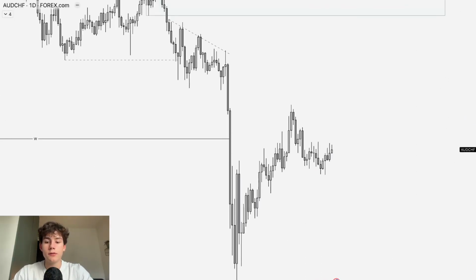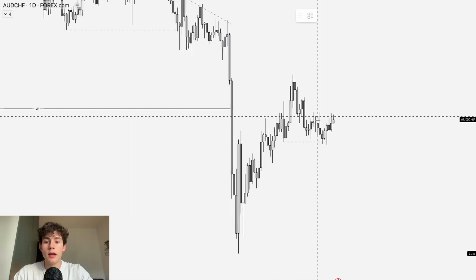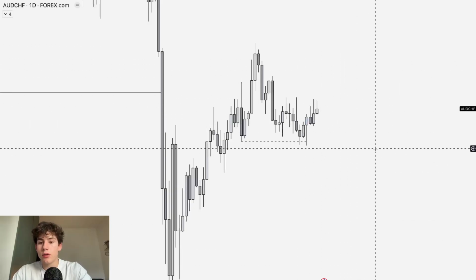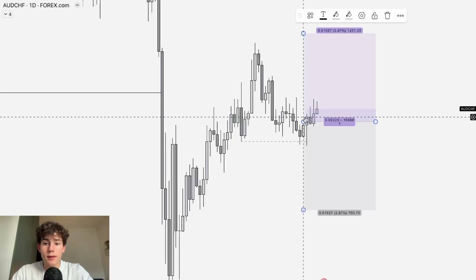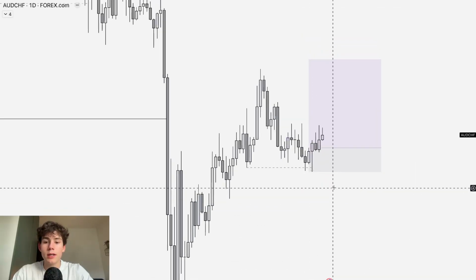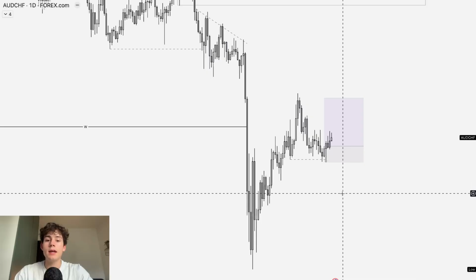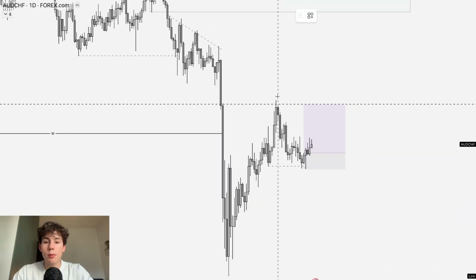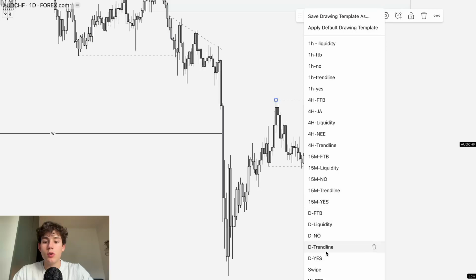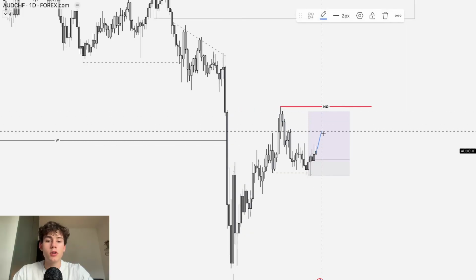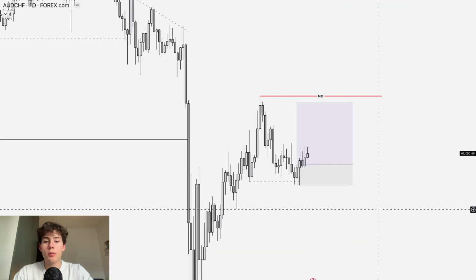So on the daily, it's also visible taking liquidity underneath this low, and then this was the perfect moment to take your long setups to trade up higher. You also literally broke your daily fractal high over here, so that was also perfect. So you could have even taken this daily trade, which is absolutely a perfect setup, and this is going to be your 3 risk reward which you could have taken. So this setup for me is absolutely a plus. Grabbing liquidity underneath the low, so we definitely need to trade towards this high, because we didn't take any liquidity at all. So I'm just going to look for possible higher prices.